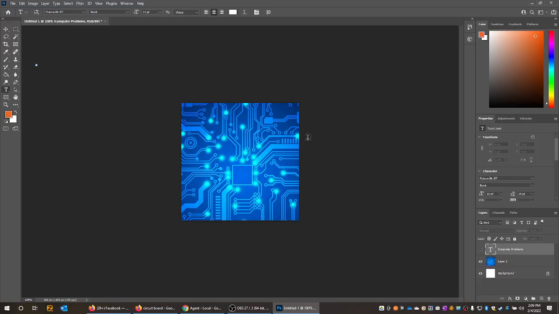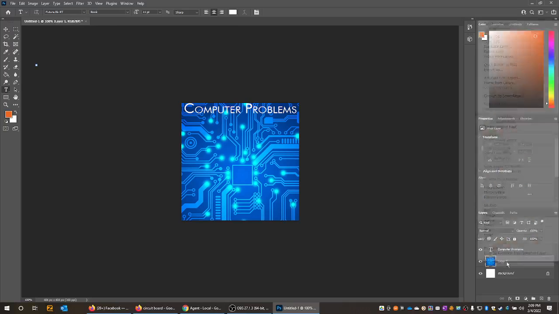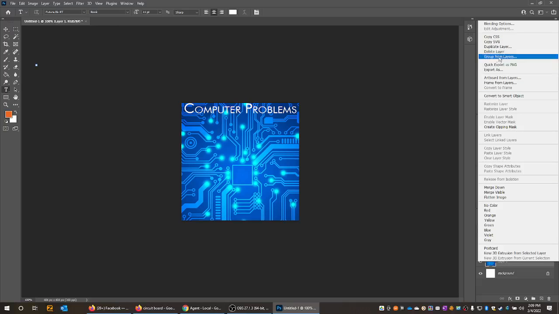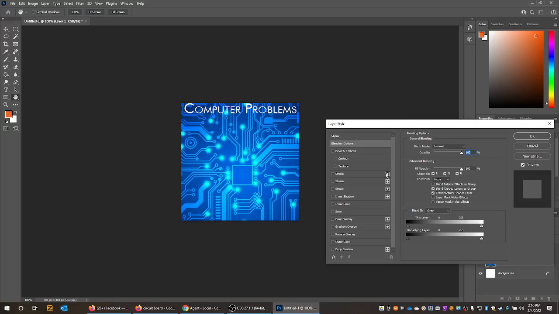But if I were to print this or try to save this, it would also hide that layer. So it's good to have that ability to hide a layer to see if there's an issue like we're having here. I'm going to click on the layer and right click on it and go to blending options. Blending options will allow me to do a color overlay,